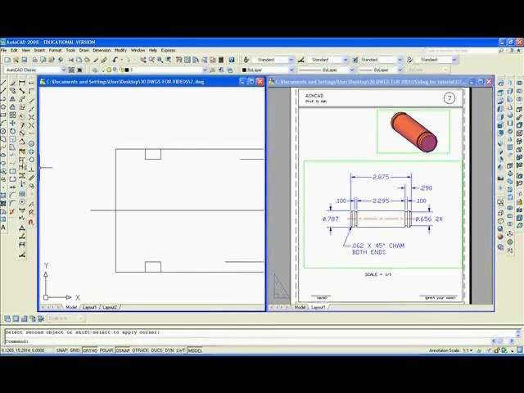Also, I'm going to go back to break, BR, enter. I want to break this line here. I'll type F for first point, which is that, and then select the second point. And I'll do the same below. I'm going to break that line, F for the first point, here to here. And then I'm going to type